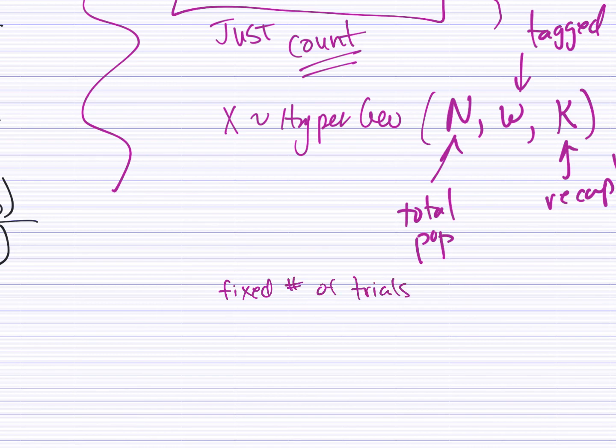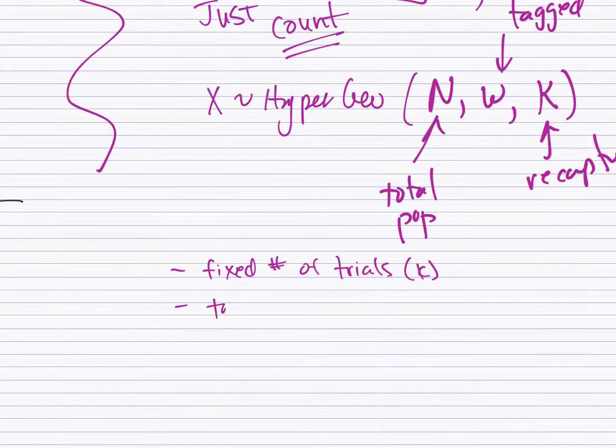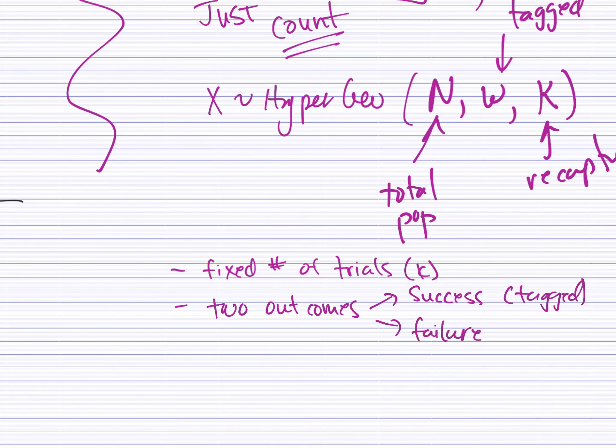That's our K in this case. We do have 2 outcomes. Success, which is grabbing one of the tagged ones, and failure, which is not grabbing a tagged one, or an untagged one,